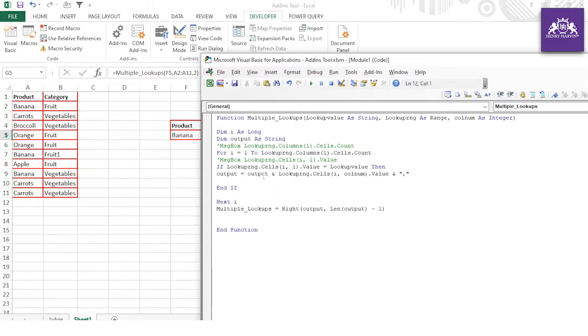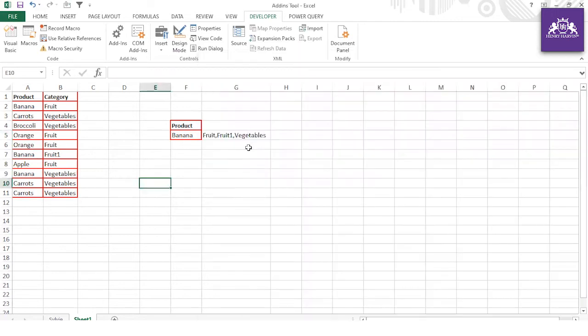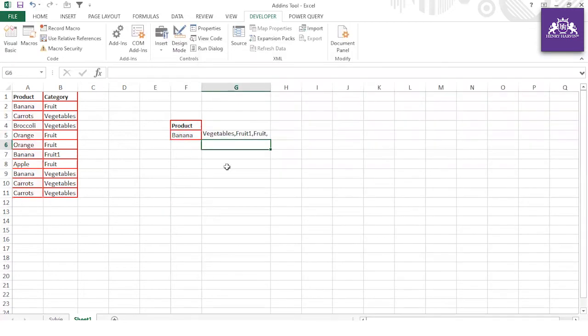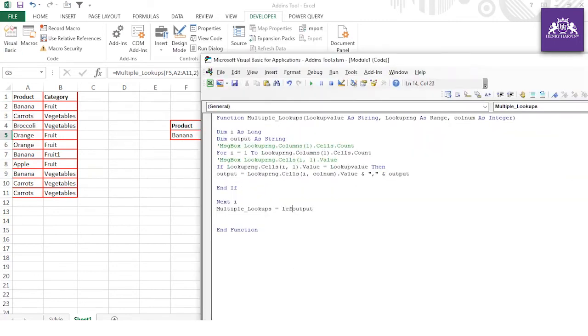So you can say this way, control X, all right, or maybe whatever you feel like, ampersand this. So what is happening now? It will come this way. So you have to be very careful what actually we want, because we have used like this function. If we use output, output, all right, now you run this code again and see, now comma is coming at the end. So here you have to use left function again. So you have to see where actually you have to put the function. So again you have to find out length of output minus 1. So now you see this is the output we were looking for.